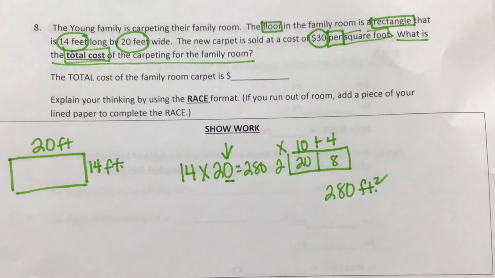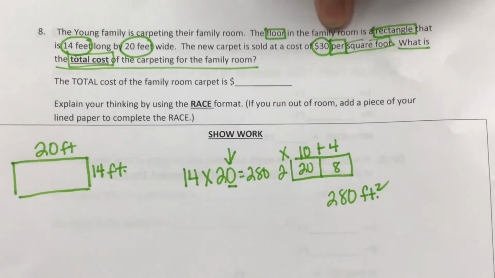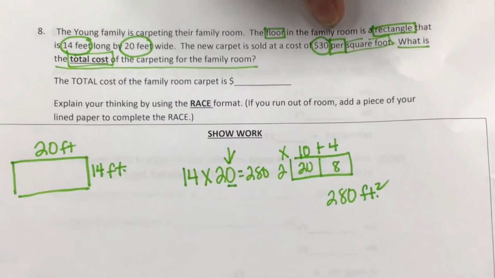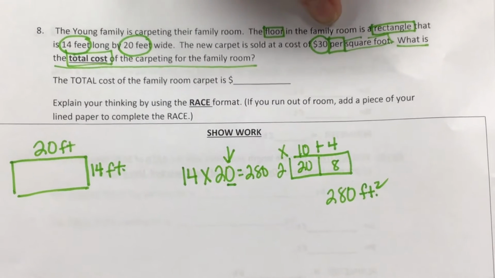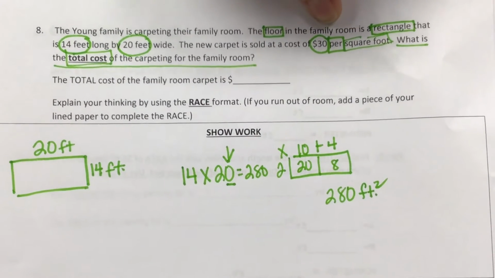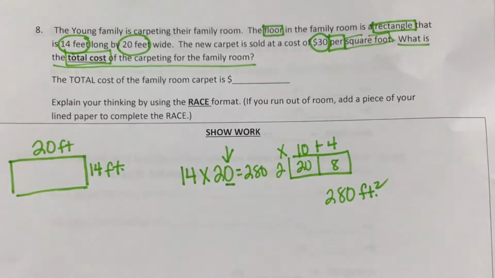So if I had 3 square feet of carpet, how much would it be? $90. So what are we doing each time I ask? Avery. Adding another $30. We're multiplying. This clue word per means what? Multiply. It's $30 per square foot. Per means multiply. So we need to multiply